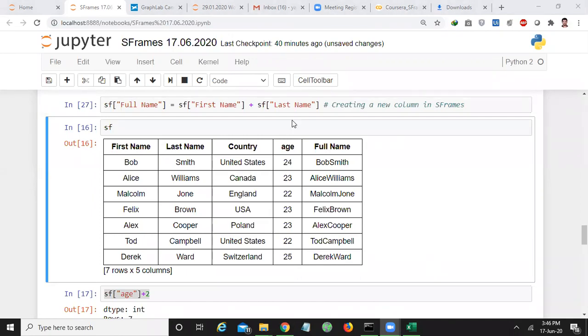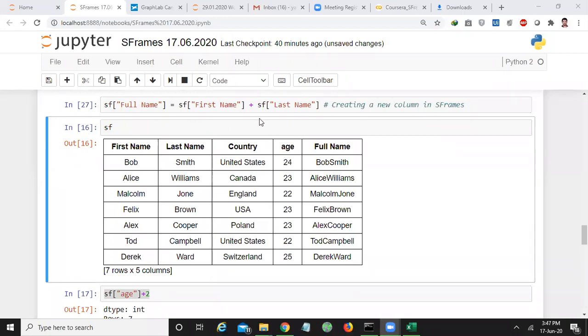That's why after performing that command, again you want to study the whole data, that is SF. Then you'll have a new column, that is full name, which is obtained by concatenating the first name as well as last name.